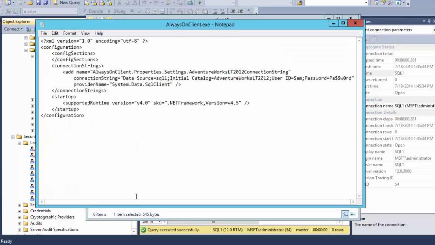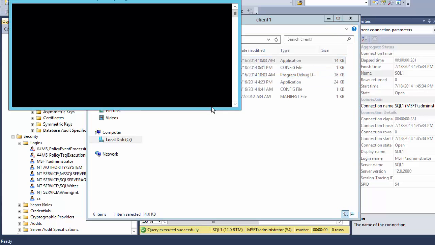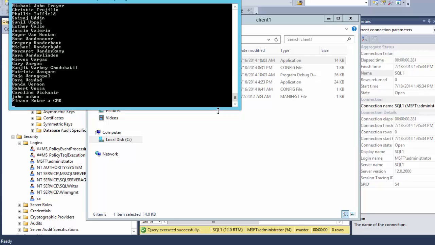I will show you that my connection string looks very similar. I'm trying to connect to SQL 1, the AdventureWorks catalog, user ID is Sam, and then the password that's being provided. Nothing else is unique about the connection for a contained database. The only thing that you have to have is that the catalog has to be the same as the database the containment account is in. If we go ahead and run our client now, you'll see that we are able to connect and